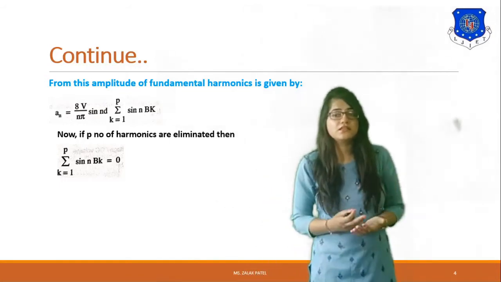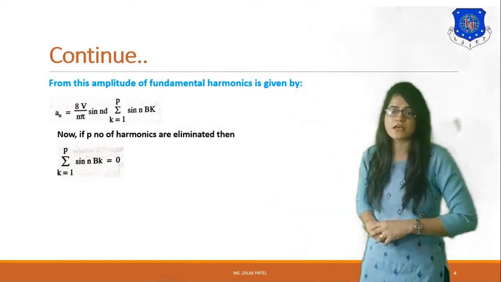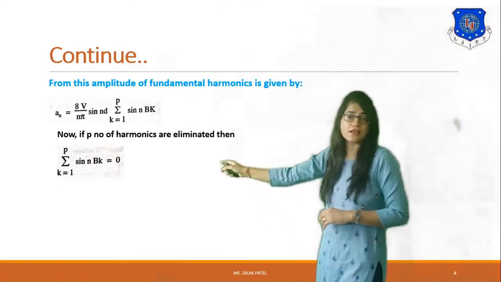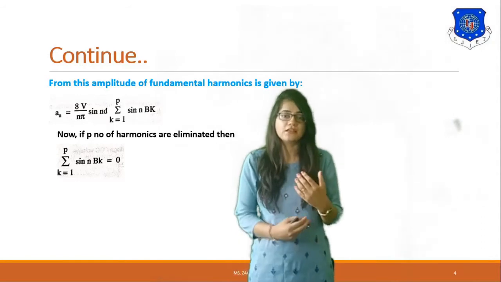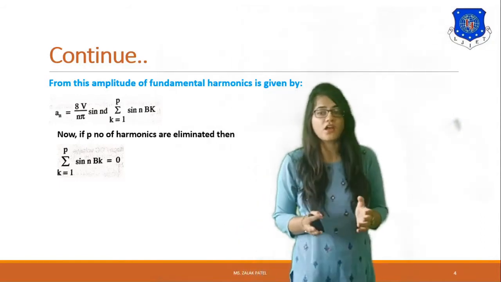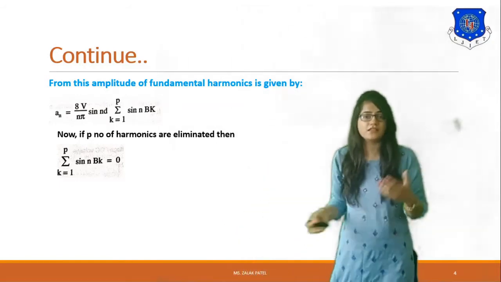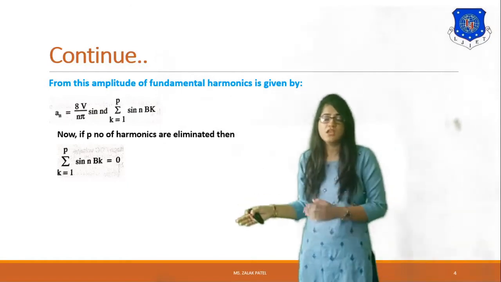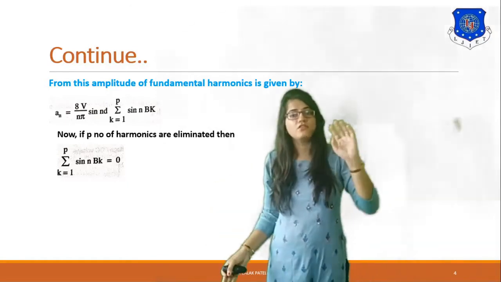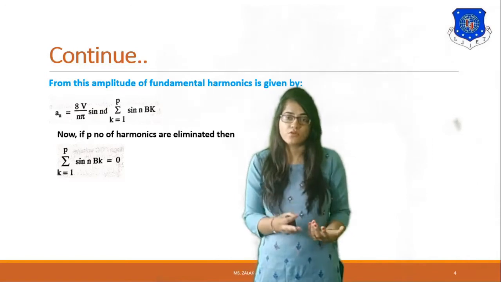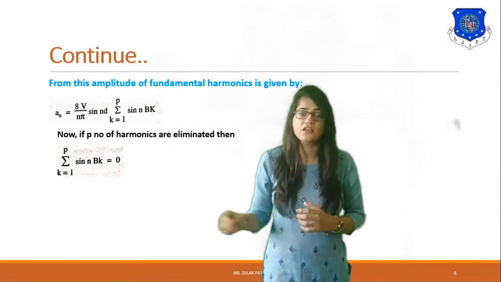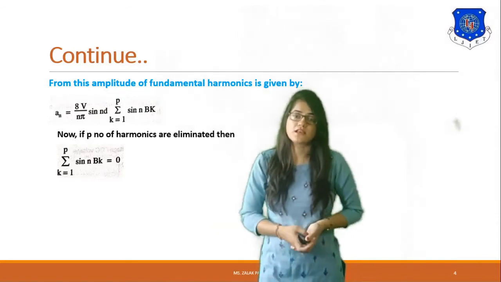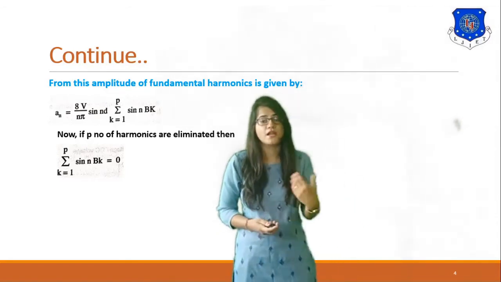So in this case, the number of equations generated by using the last equation depends on the number of harmonics, and these can be solved by the Newton-Raphson method, and you can get the values of b1, b2, b3. So if you get the values of b1, b2 and b3, then you can plot the harmonics in terms of angle. That can be possible with this last equation. Okay, so now let's see another method.